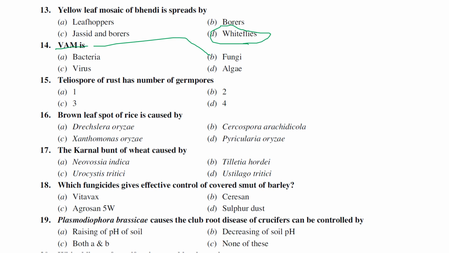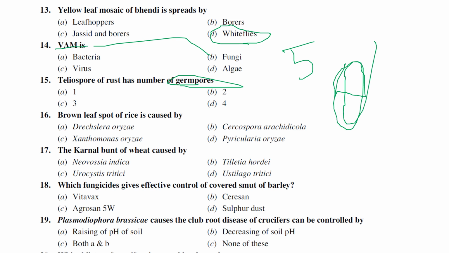Then the next one, teliospores of rust fungi have how many germ pores? If we see rust, in rust 5 spore stages are there, right? Stage 0, stage 1, stage 2, stage 3, and stage 4. So here the 5 stages: pycnium, aecium, uredium, telium, and basidium will come. In the next slide, I have placed how many germ pores are produced by each spore stage. So when it comes to teliospore, it is bicelled. The only bicelled spore in the life cycle of wheat stem rust is teliospore.